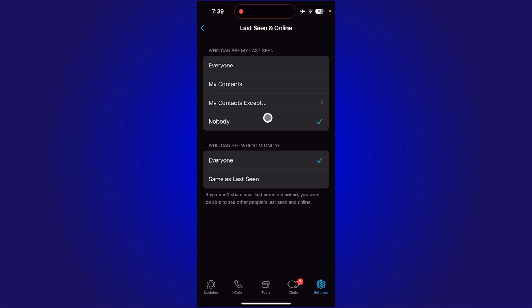So in this way, if you come online and use WhatsApp, your online notification won't pop up. So yeah, that's how you do this as well. If you see here, it says who can see I am online, you can just press the same as last seen. So that's how you change your last seen and